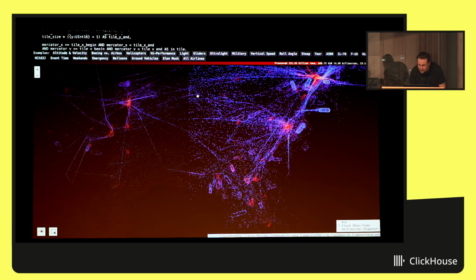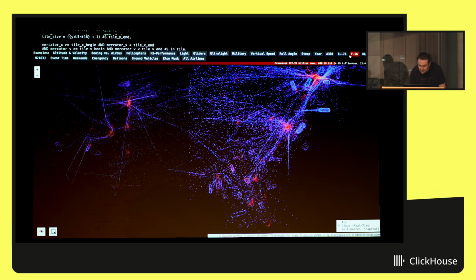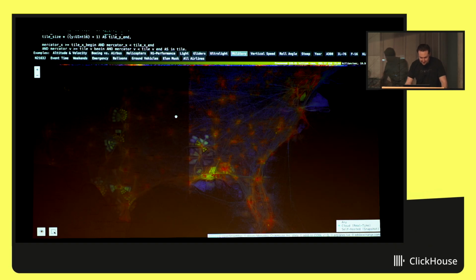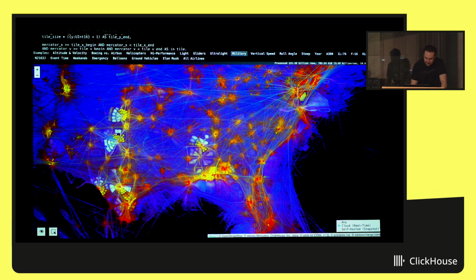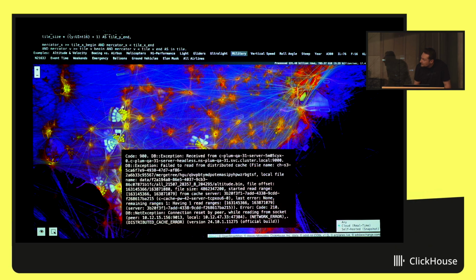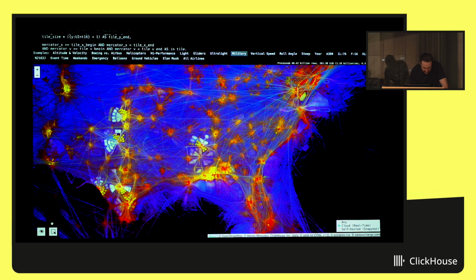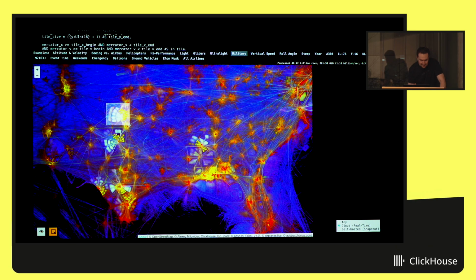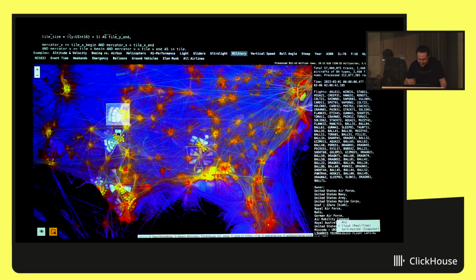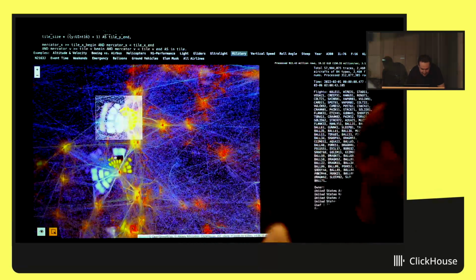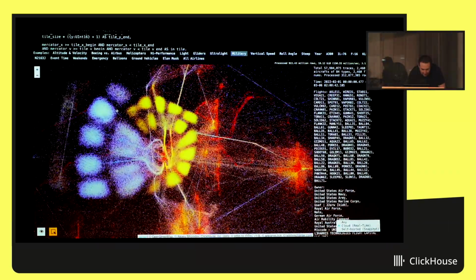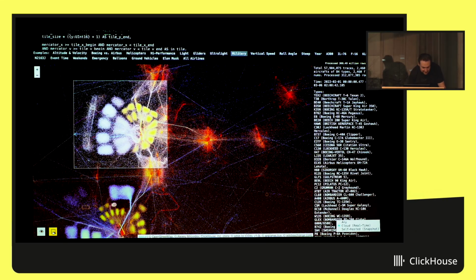Yeah, and also if I filter, for example, by, actually, let's again filter by military, and you see a lot of interesting stuff like here. I don't know what it is, but most likely there are some areas dedicated for training purposes. So they fly to this area and inside do some exercises, probably. But I'm not sure. That's not a different thing, it's just a lot of traces? Yeah, just a lot of traces accumulated, aggregated.